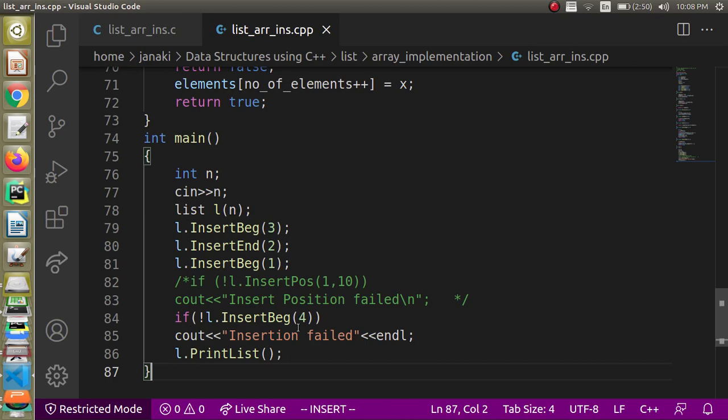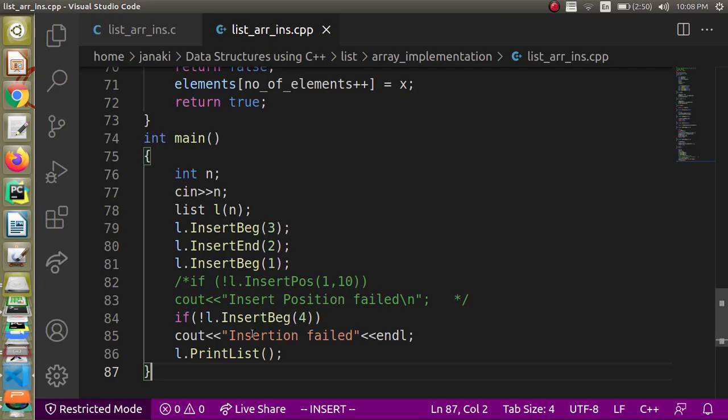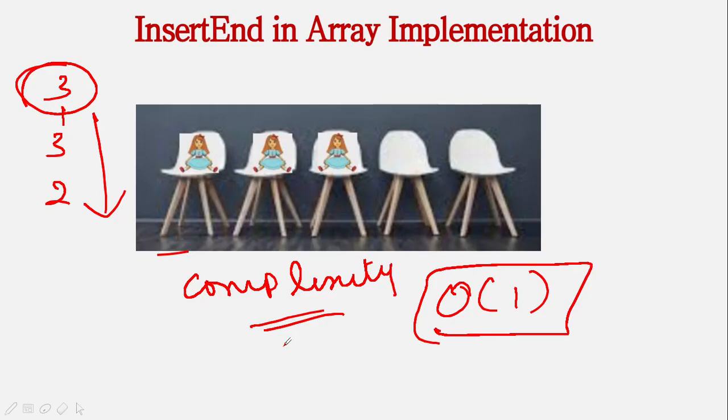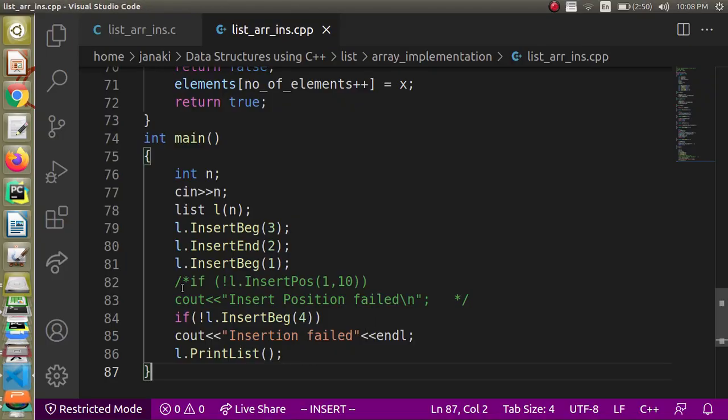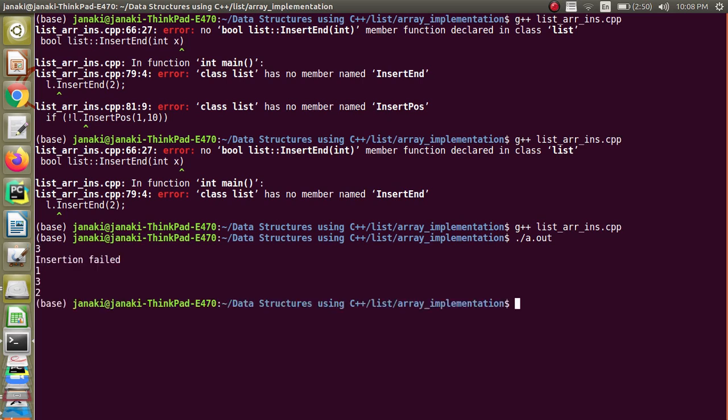Then once again you are calling insert beginning. Since the capacity is 3 and already there are 3 elements, the list will be full. So this insert beginning will be returning false because the list is full. So your code should print insertion failed and then it should print these elements. This is what is expected. Let us give 3. You can see that it is printing insertion failed and then it is printing the elements as expected, 1, 3, 2, right?